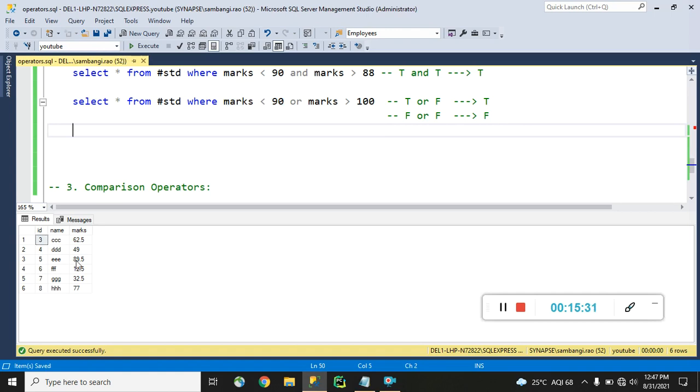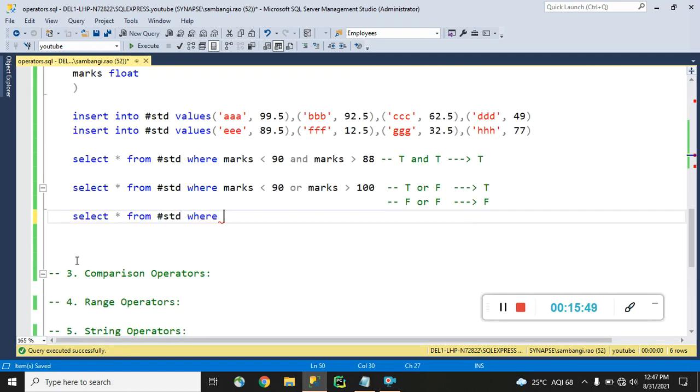Okay, and now I am going to tell you about the NOT operator. Select star from std where... Previously I said that when we want to discuss the AND and OR operators, we must use two conditions here, right?